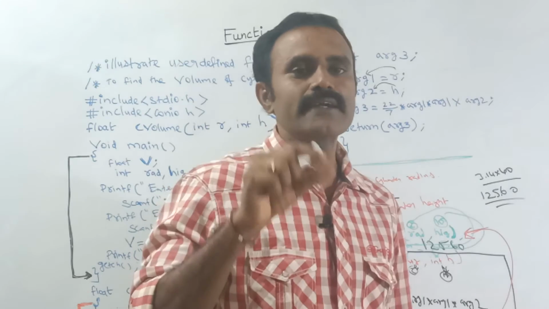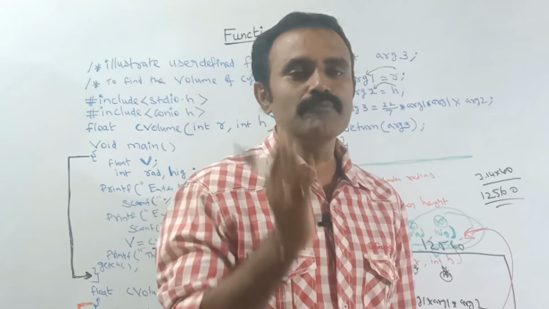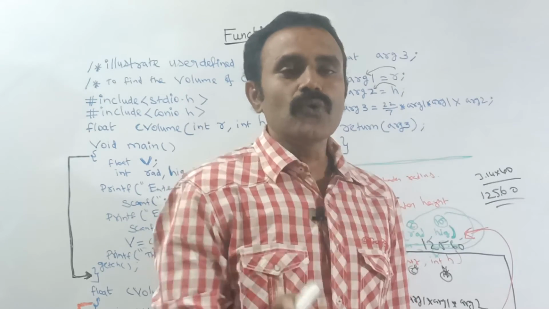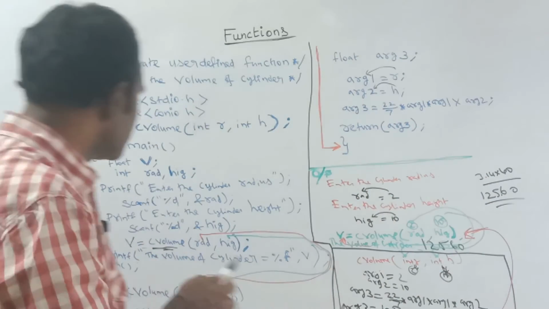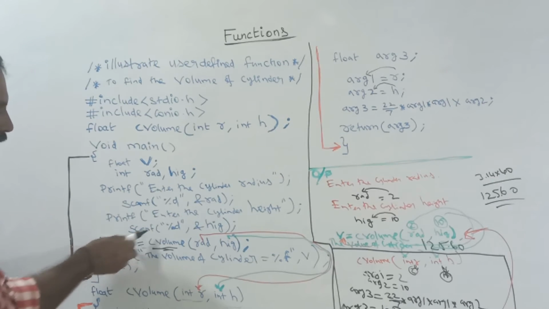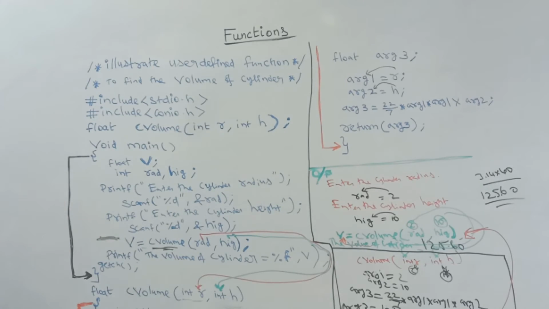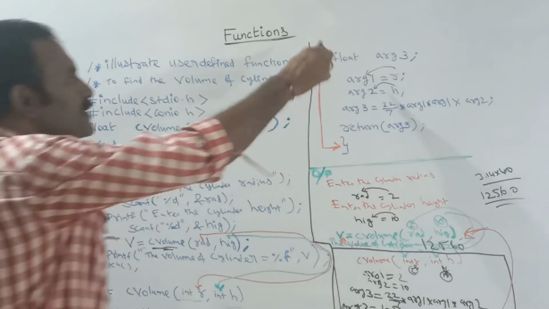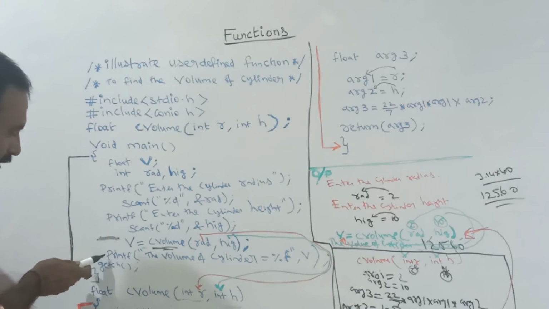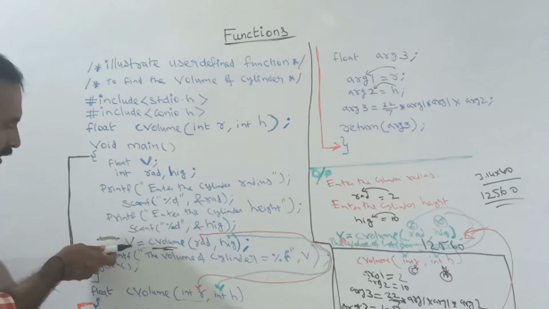Once I return the argument 3, after completing, where will it go? It will go back to where it came from, there itself. See, it comes from here in this part. So once it jumps to the user defined function, only after completing this function will it return back to here. After calculating, these two steps will be remaining. After finding the answer, these two steps will be